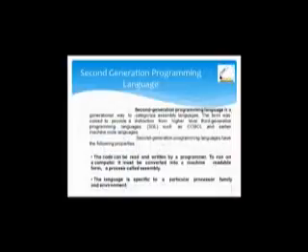Second generation programming language. Second generation programming language is a general way to categorize assembly language. The term was coined to provide